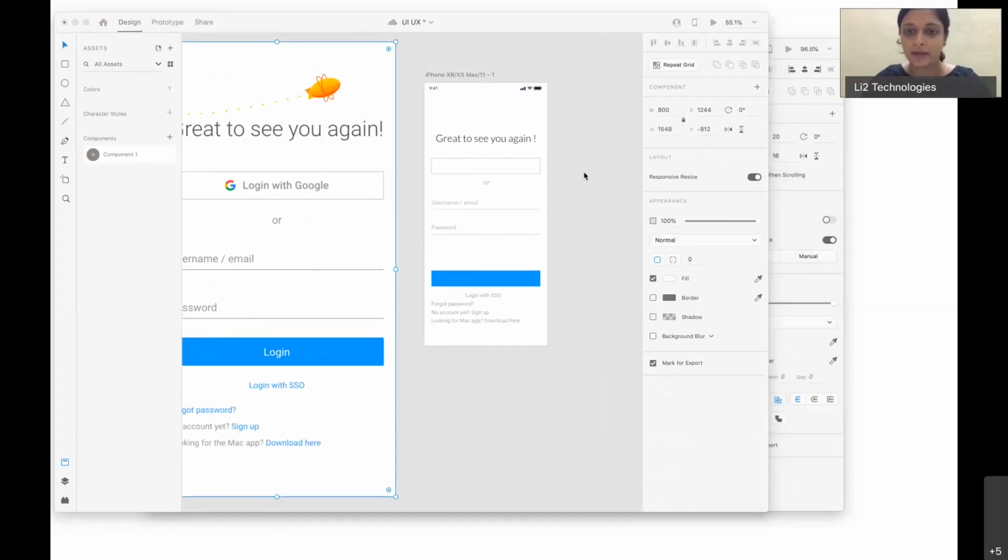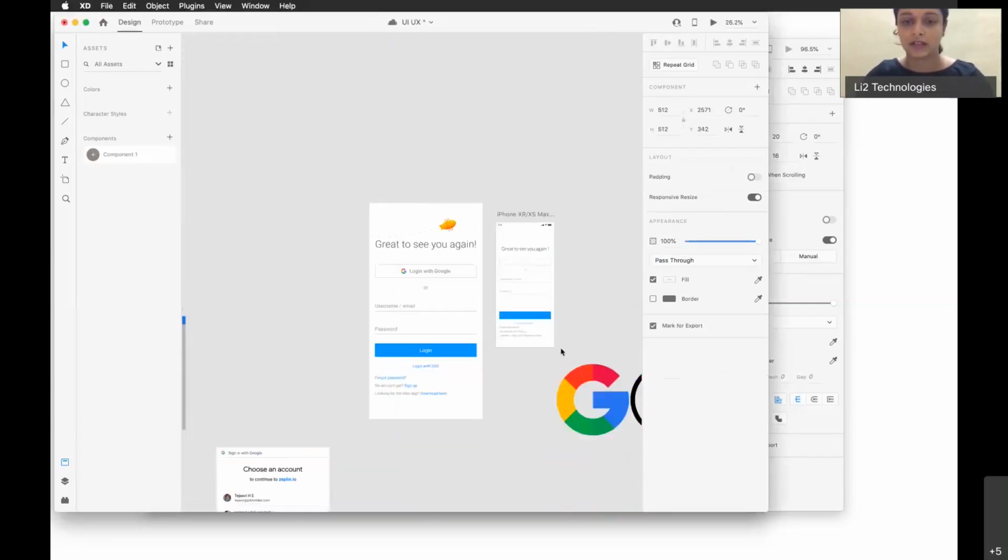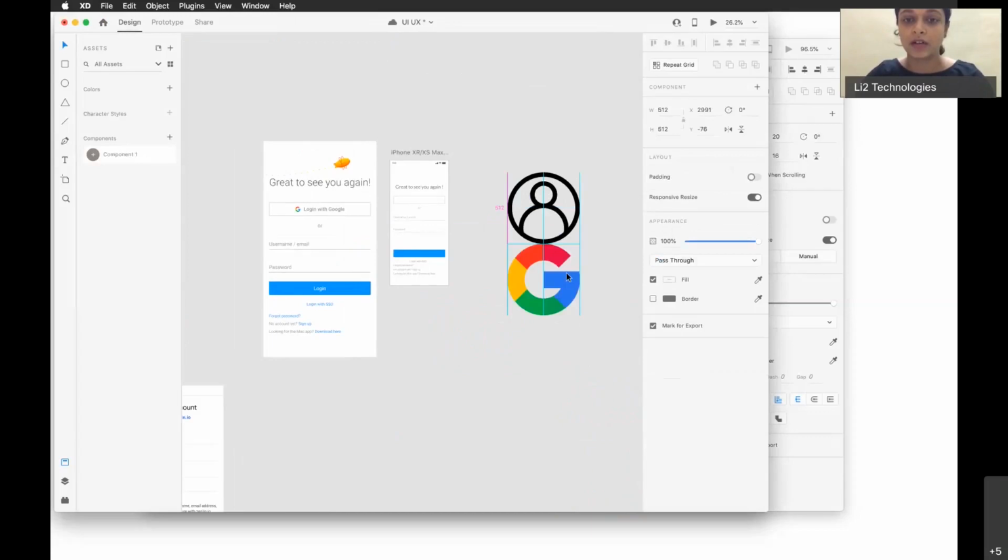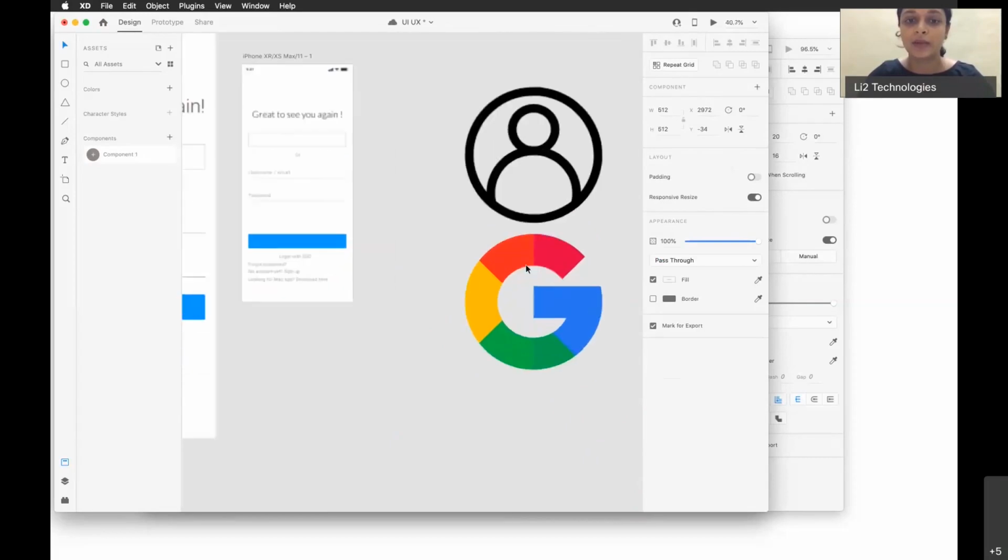I had already downloaded some logos, or icons. You can get these icons from flaticon.com, or there are lots of plugins for XD like Unity, and you can also find it in nonproject.com. These are a couple of websites where you find all the logos for free. All you have to do is register. So every time you download a logo, you have to download it in a .svg format so that you can